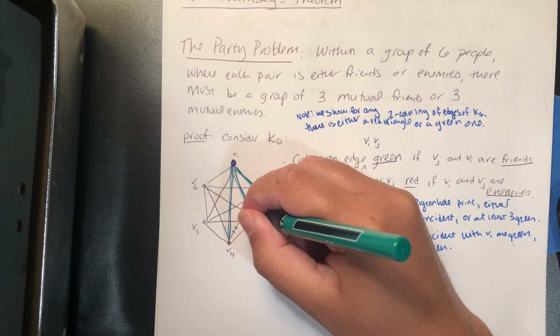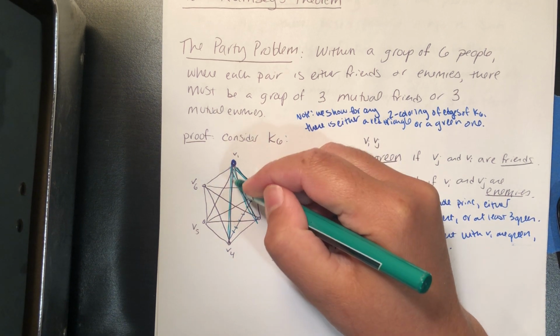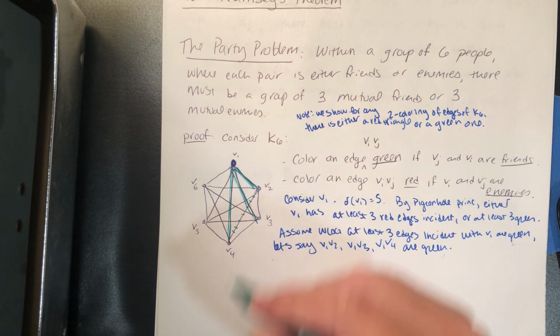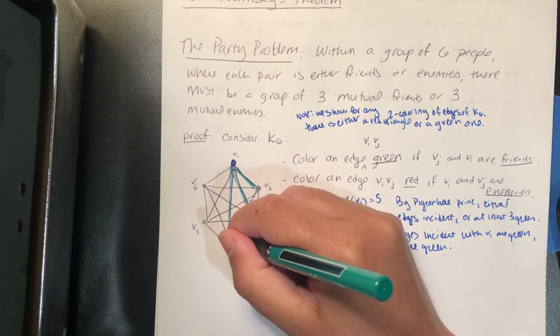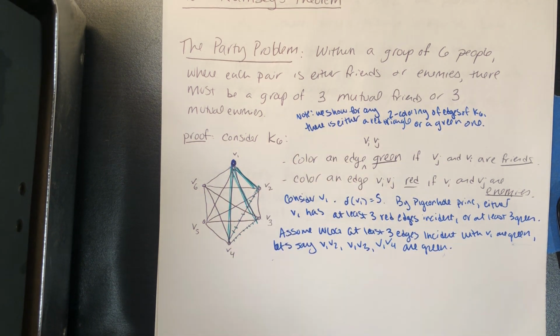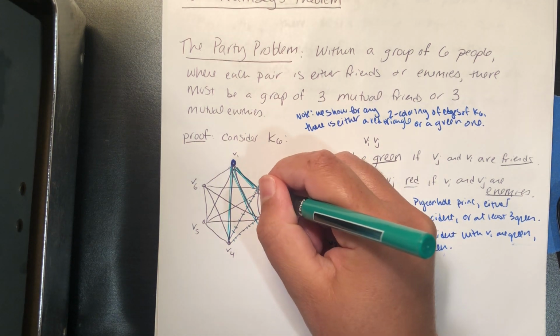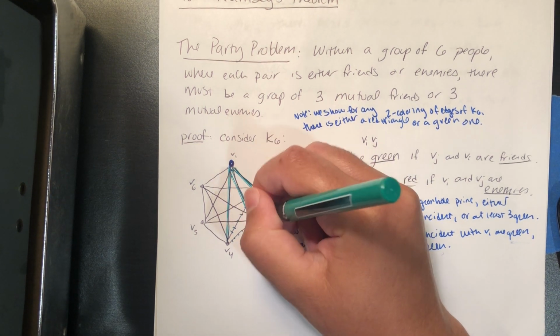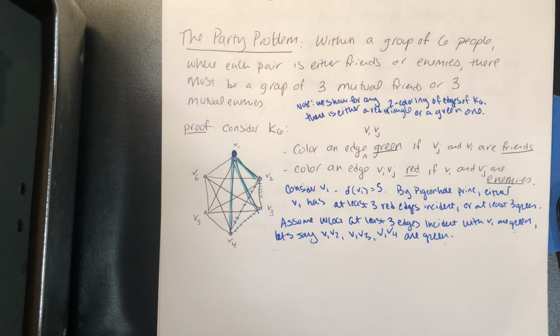If V2 and V4 were friends, we would have a green triangle right here. If V4 and V3 were friends, we would have a green triangle here. And if V2 and V3 were friends, we would have a green triangle here. Right? So if any one of those pairs of people are friends with each other,